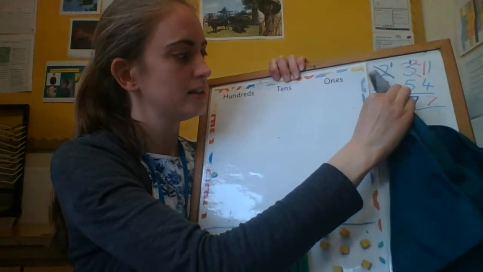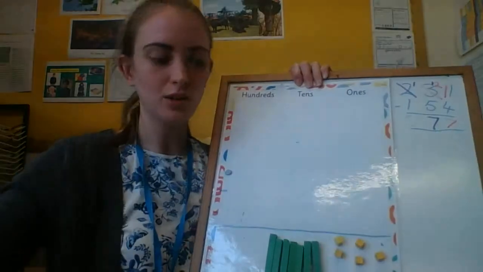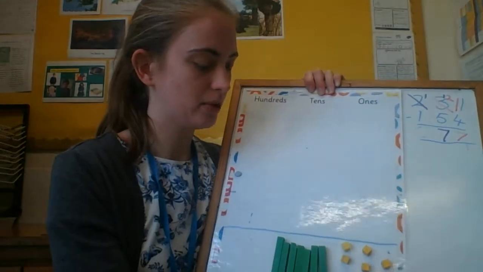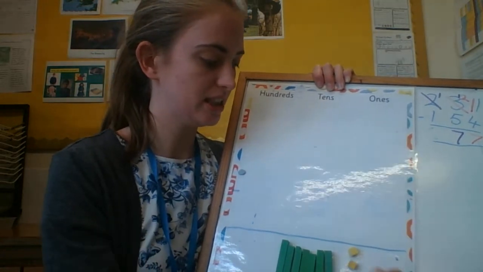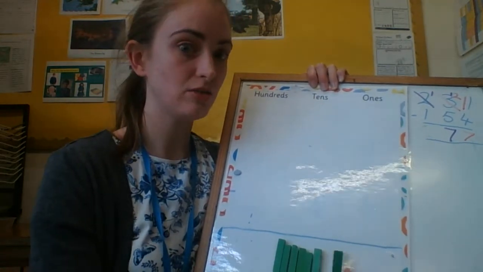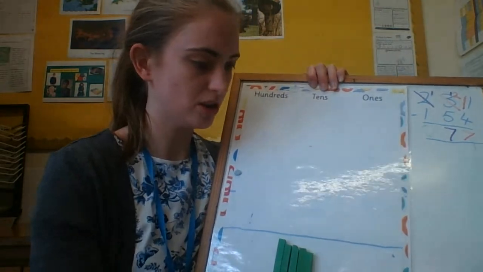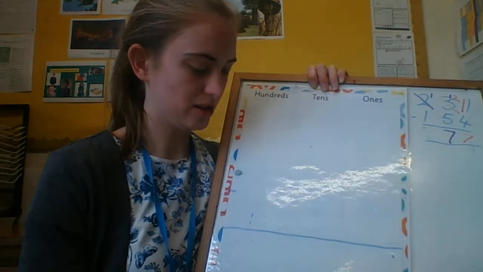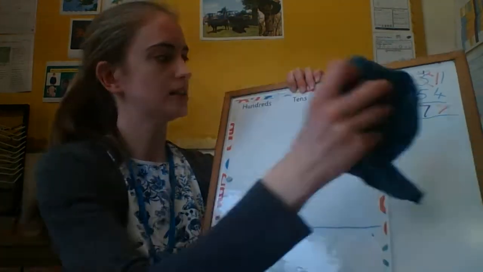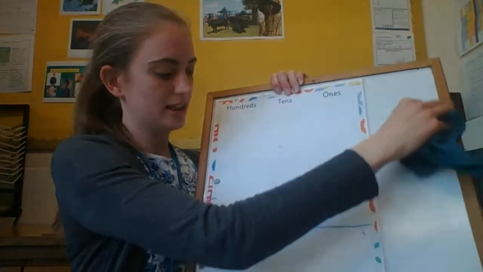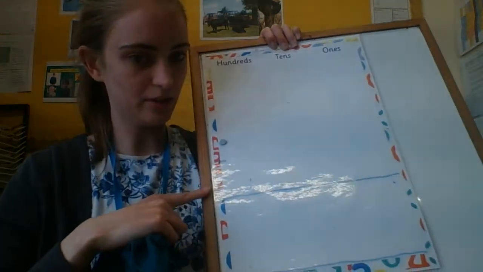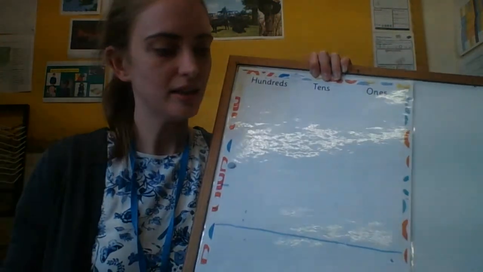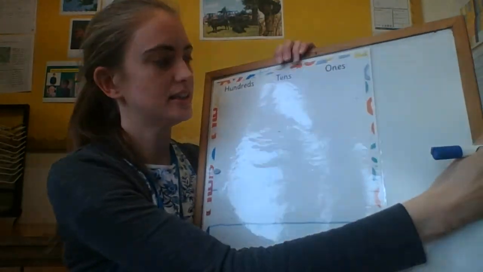Okay. So that is one example, and we're going to look at one more, and what you do if there is a 0 in the tens column and you need to exchange. So I'm just going to get this board sorted. So the next example I'm going to look at, still got my equals and my subtract sign. The next example I'm going to look at is